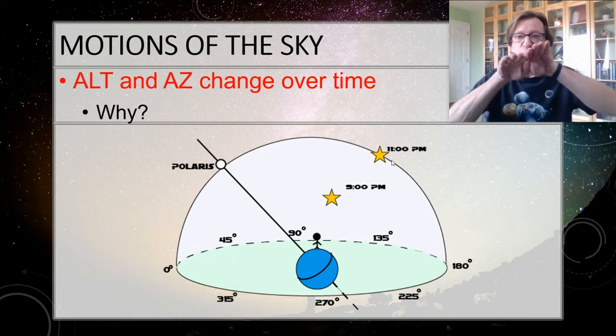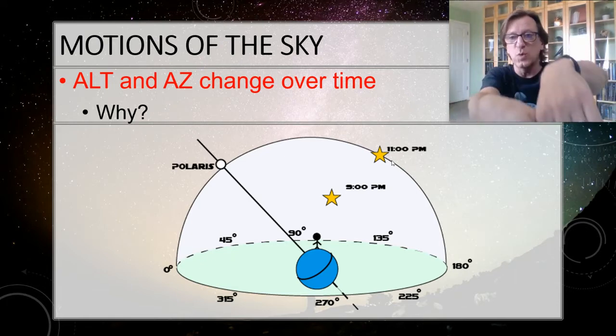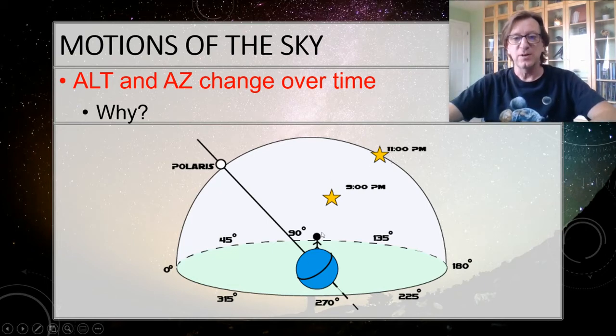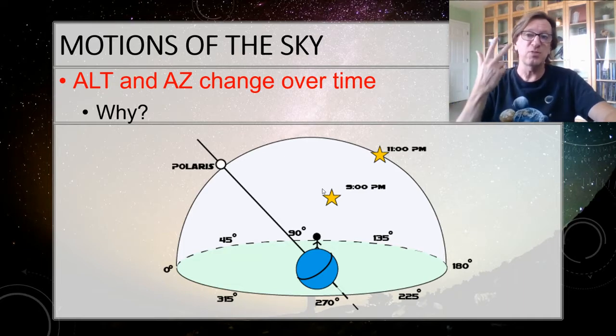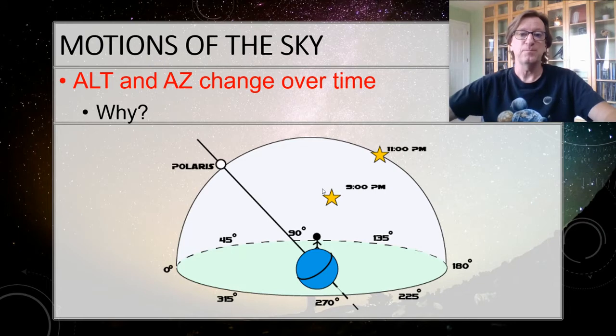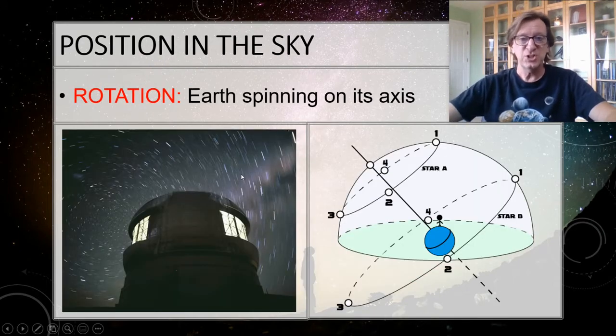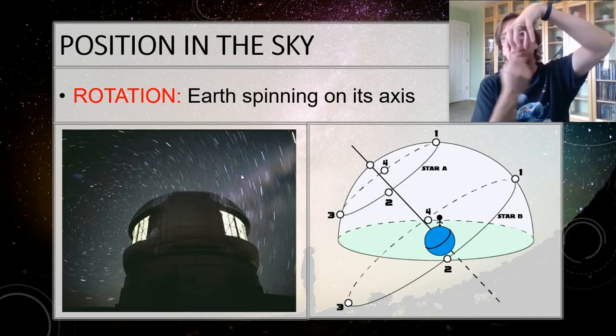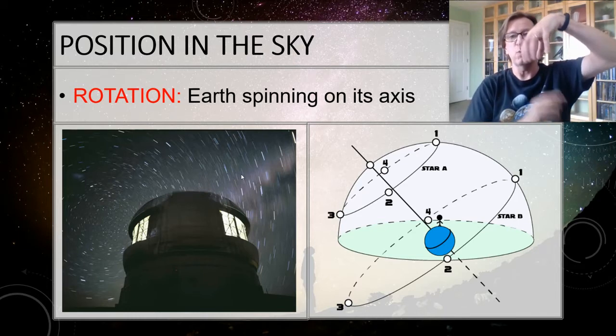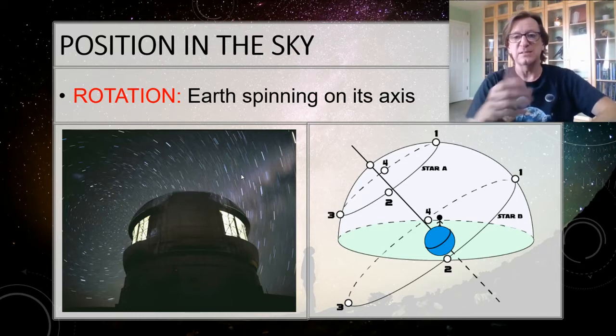And so what's happening is we're rotating towards that 90-degree mark there. So as we move towards 90 degrees, the star doesn't move, but it seems to get higher and higher up in the sky like that. So the altitude and azimuth are changing over time, and that's the evidence of the first of the three motions that we're going to be talking about. So rotation is the first motion, and that rotation is always one body spinning on its axis. So we're always talking about one body that's just turning on its axis like that.